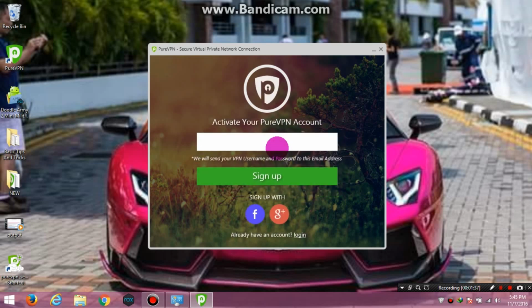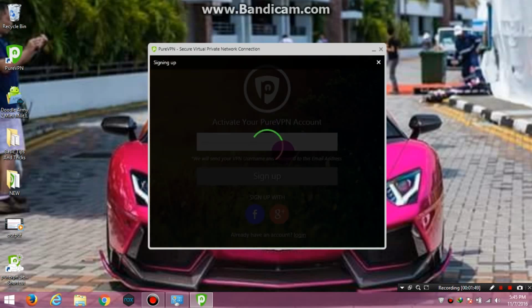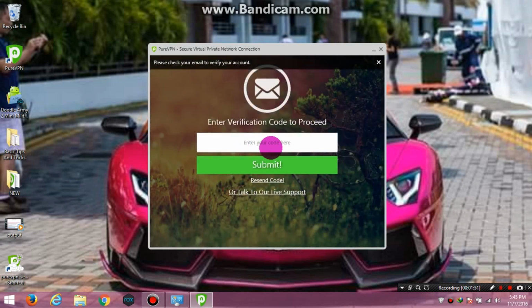So let me enter my email ID, and then click on sign up. You can also sign up with Facebook or Gmail, Google Plus, and you must enter the verification code.